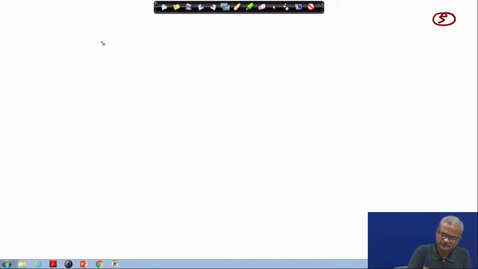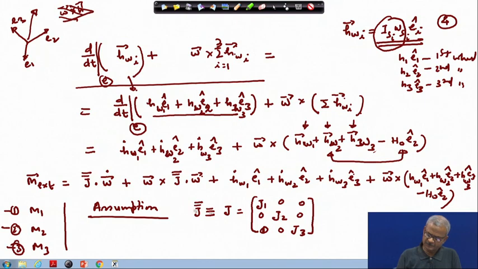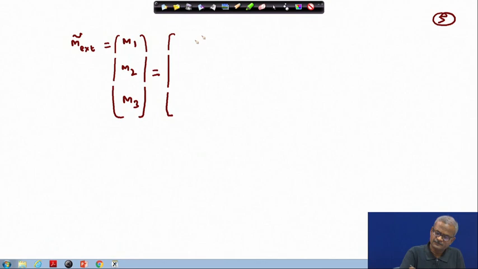So, we will have here M external in matrix notation M 1, M 2 and M 3, and this we can write as follows. So, the first term we can separate out like this, and we can work out all the terms separately. The first term appears from here, this times omega dot. So, the first term will be J 1 times omega 1 dot plus